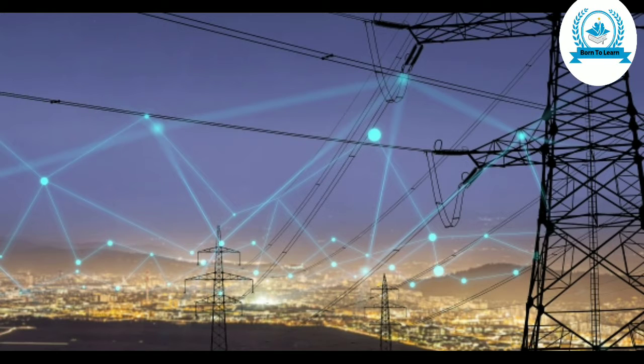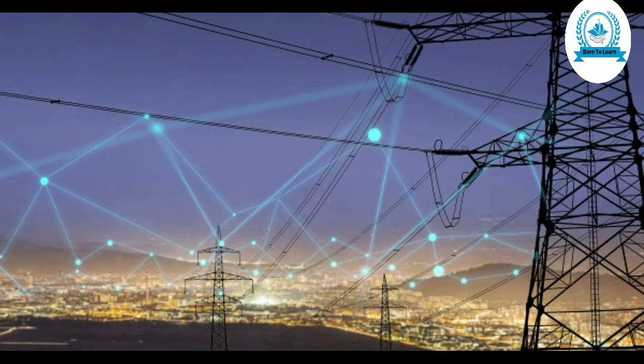Unit of power. We have calculated the power by dividing work done by time taken. Now the unit of work is joule and that of time is second. So the unit of power is joules per second. This unit of power is called watt. Thus, the SI unit of electric power is watt, which is denoted by the letter W. The power of 1 watt is a rate of working of 1 joule per second, that is, 1 watt equals 1 joule by 1 second.